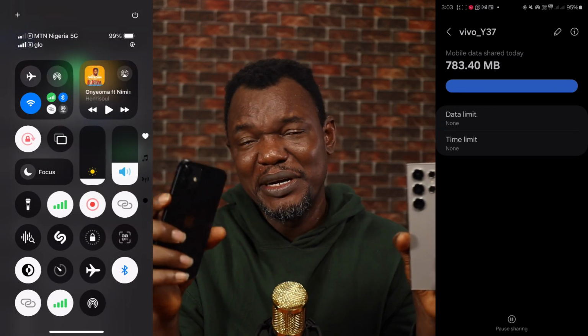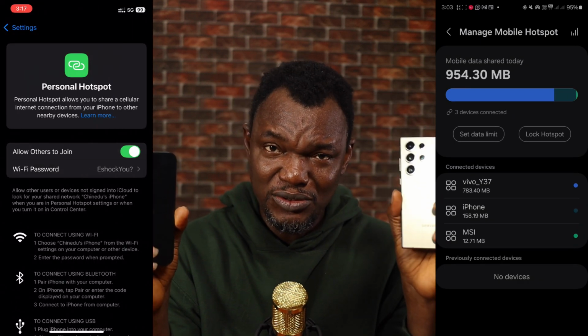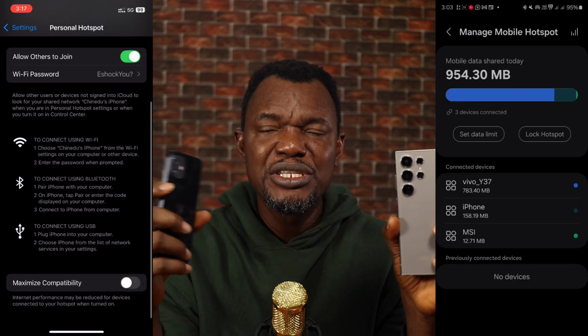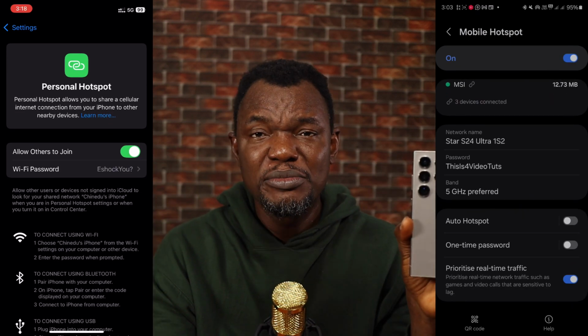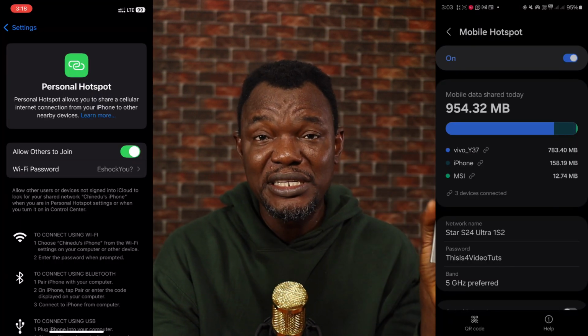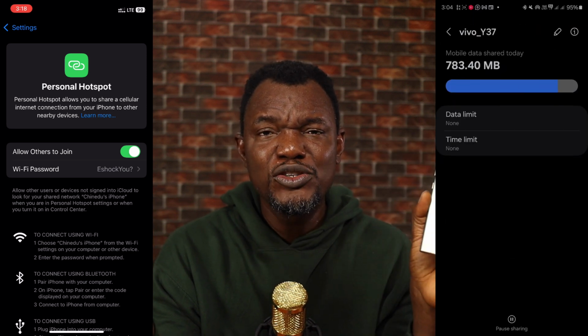I do use some of my devices with hotspot, but I'm always drawn to the Android because of the utility, and that is one of the things. So it's not that iPhone is bad when you use it for hotspot, but sometimes I want to know which devices are connected and what data they are consuming, something you're not going to find on the iPhone. So much more to that also, apart from seeing the devices that are connected and the amount of data they are using on Samsung S24 Ultra, you can also actually